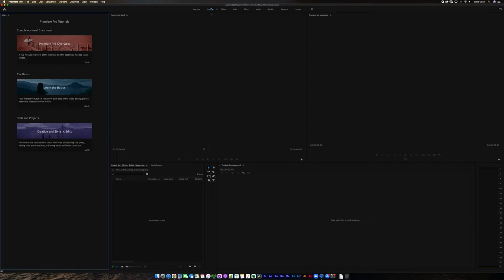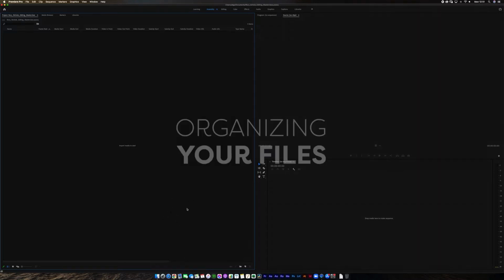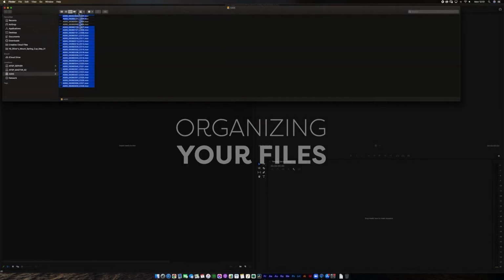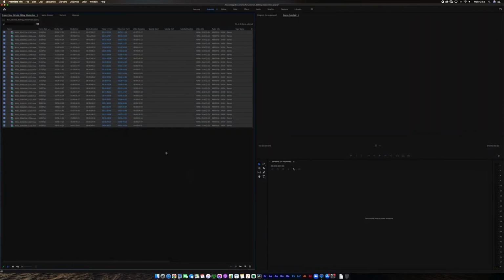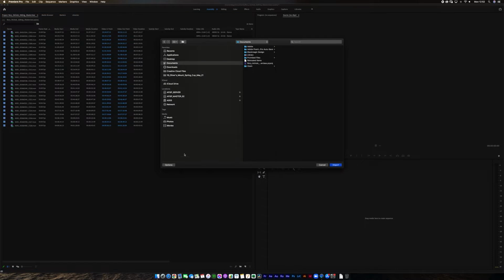So if we go over to the assembly window, this is where we're able to load in a lot of our footage and just have a look through it and start getting organized. So if I go into my Finder tab, I'll just drag all these in. You can do the drag and drop method, or you can right click and import. And then here you'll be able to find your drive, so over here, and select the clips you